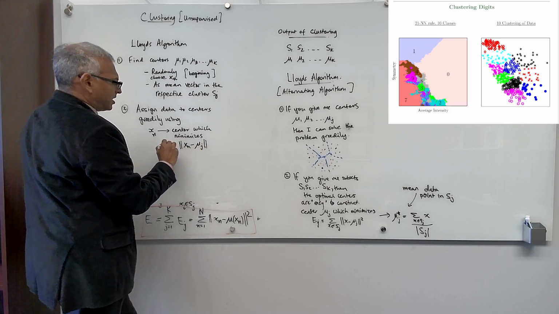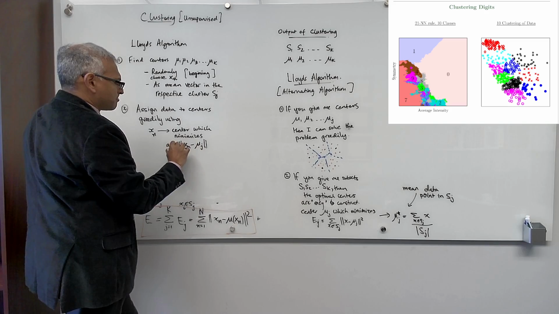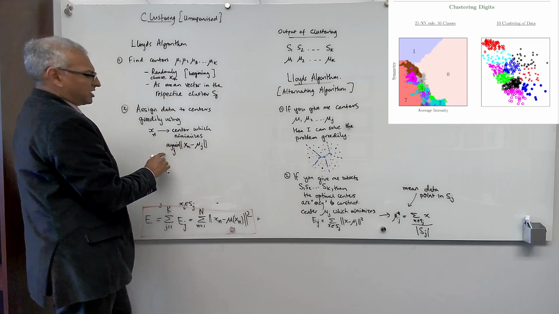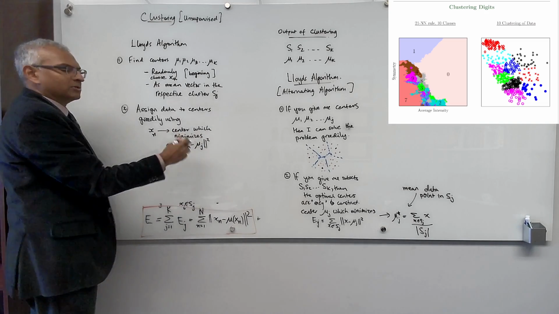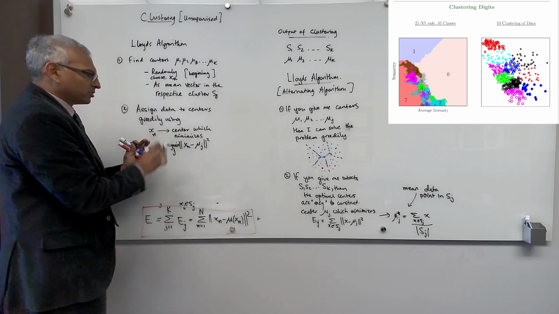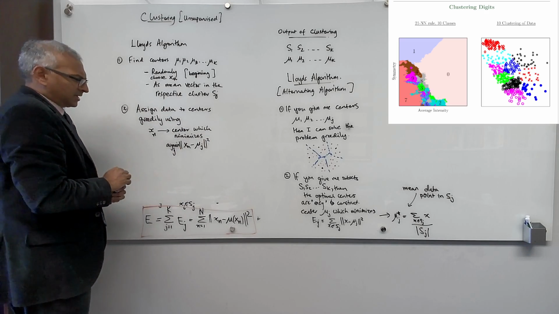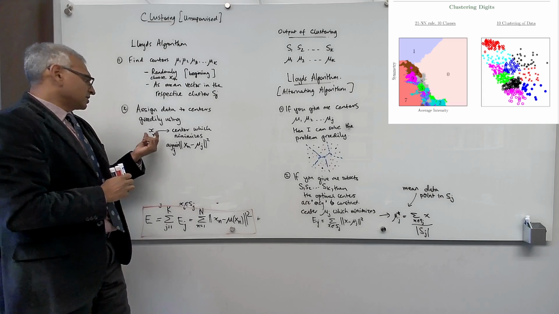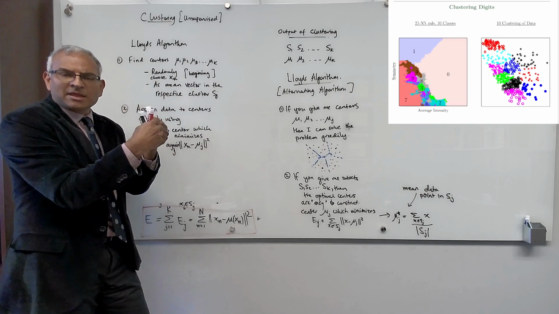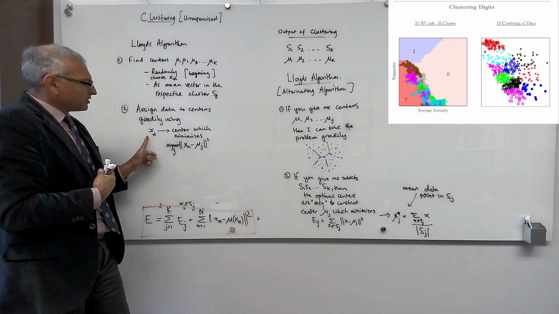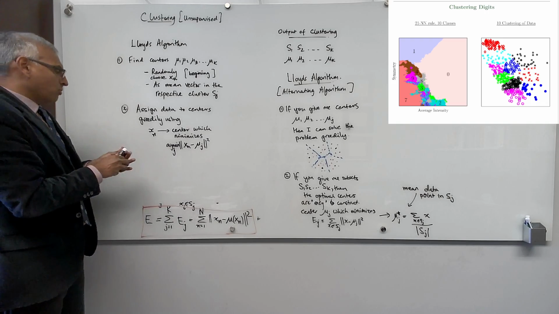So argmin over j: find the center that minimizes the distance to xn, and that's the center to which I assign xn. You assign your data points to centers, always making sure that I assign the data point to the center that's closest. That gives me a clustering, a partition into subsets. Now that I have a partition into subsets, I go back,